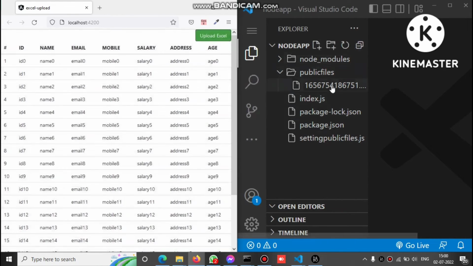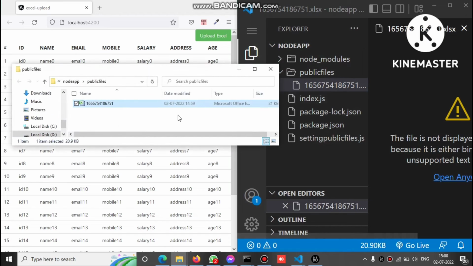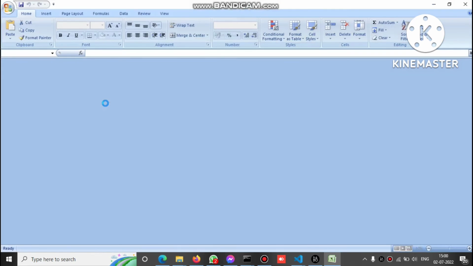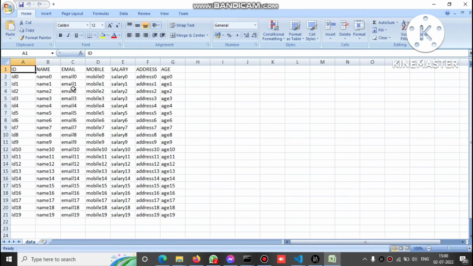So if we check that file by just revealing it in the file explorer, you can see it is inside this public files folder, with the same name which we already saw on the alert. And when I click, you can see all the data inside this Excel. So this is the demo basically of that application. I will show you the code of this